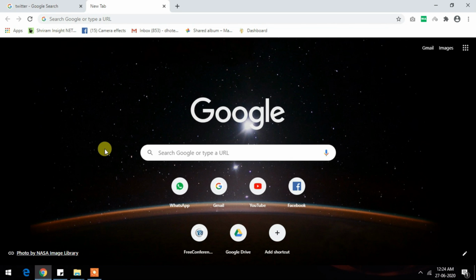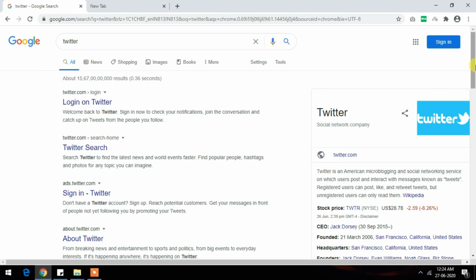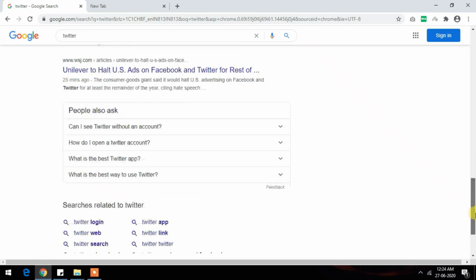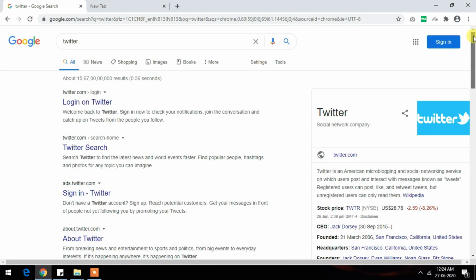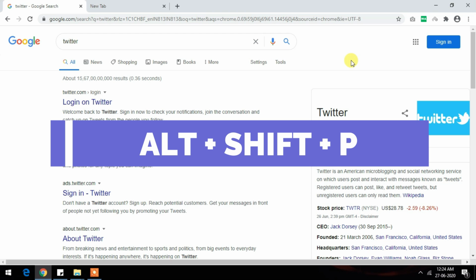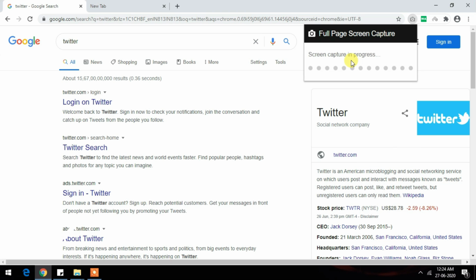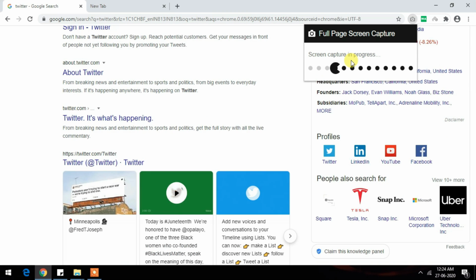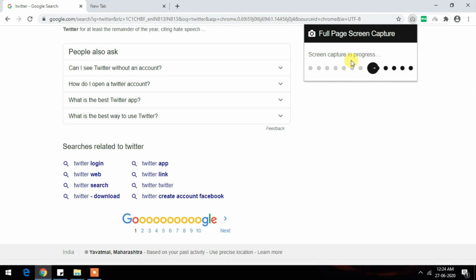I will show you what purpose it is used for. Suppose this is our page which I want to save either in PDF or in JPG format. So what will I do? I will just press the 3 magical keys: Alt, Shift and P. Alt, Shift and P. So what you will get here, you can see the full page screen capture has started,